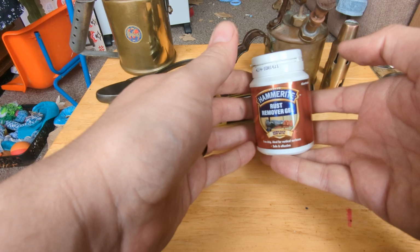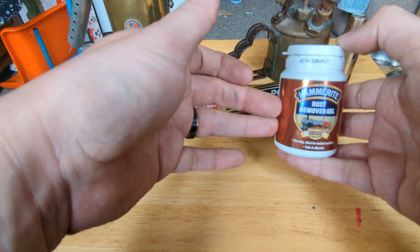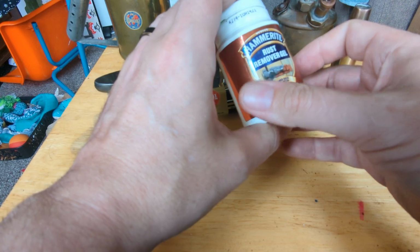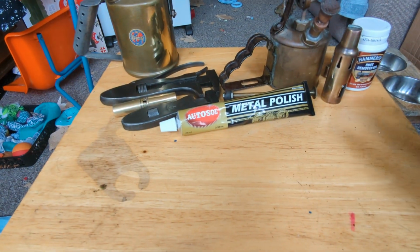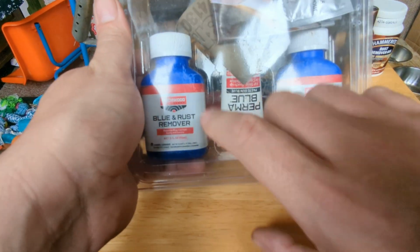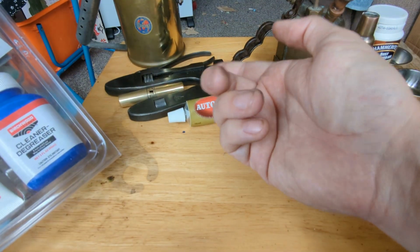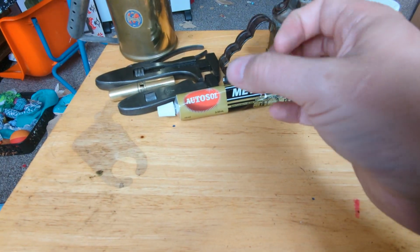Other stuff that I'm using is this rust remover gel from Hammerite. Essentially what it does is it stops rust from getting worse and converts it into a paintable surface. Now it's not going to get a lot of use. I bought this more for my mobility scooter to stop some of the rust on that so that I could paint over it and prevent it rusting further, but this is getting a little bit of use on some of the most rusted parts. I will then clean them up and use the blue and rust remover in this Birchwood Casey kit. And this is how I've been bluing these other items as well. So, you use the blue and rust remover, then the cleaner degreaser, and then the perma blue, and you get a finish like that. Beyond that, good old penetrant fluid, WD-40,